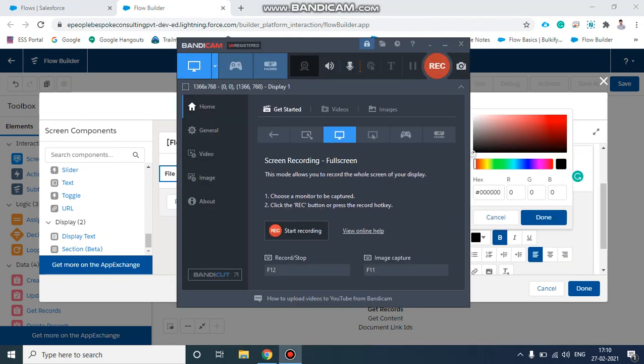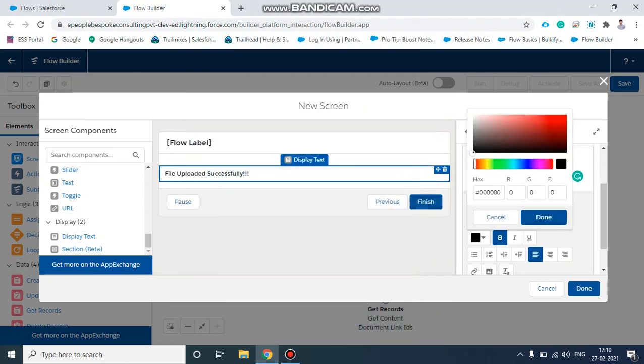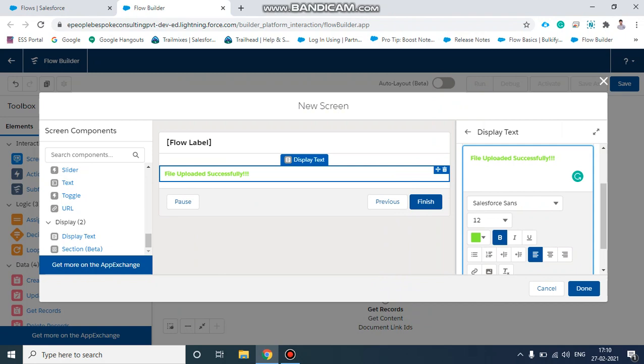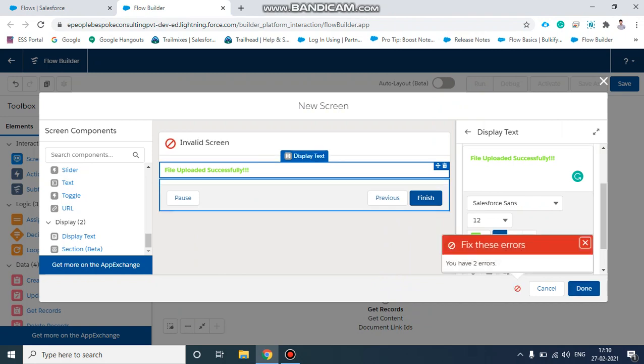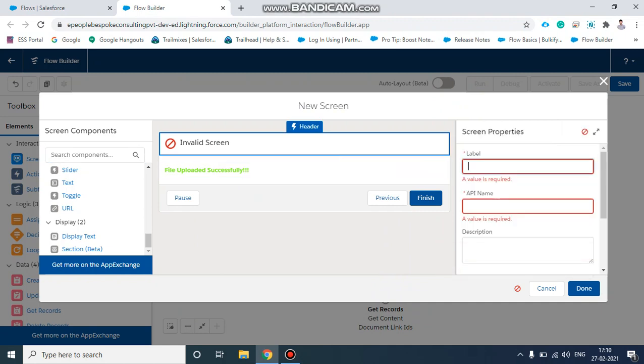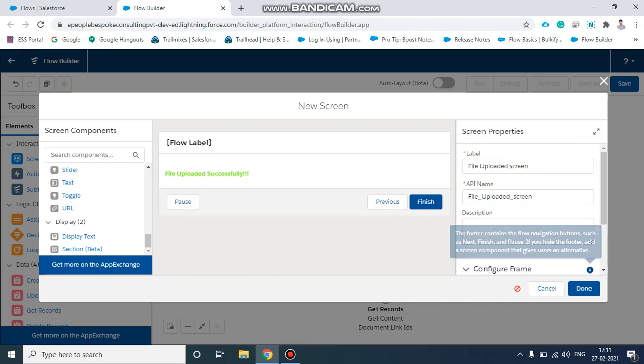Okay, and then we will give color as green. Okay, we'll select color as green. Click on done. Okay, we need to give a name: File uploaded screen. Okay, click on done.